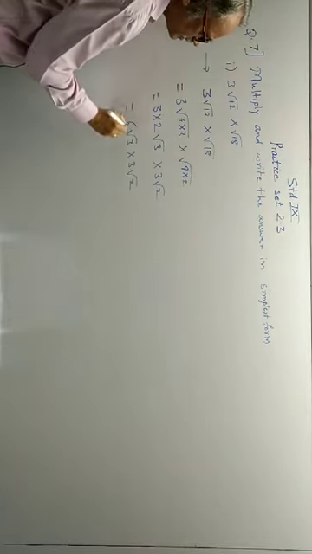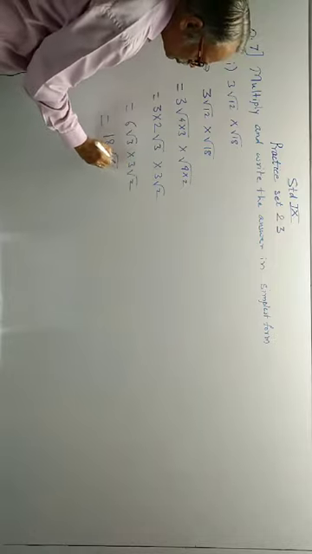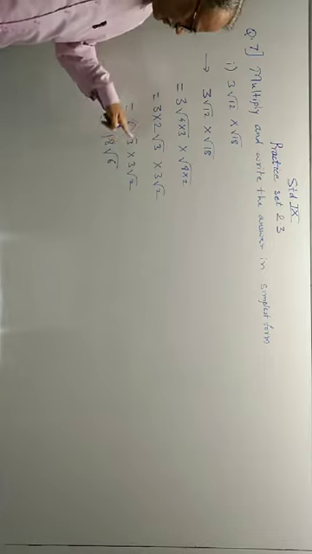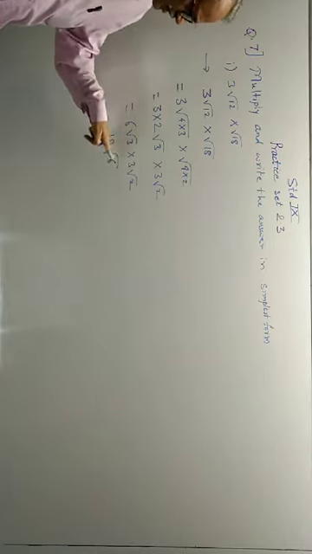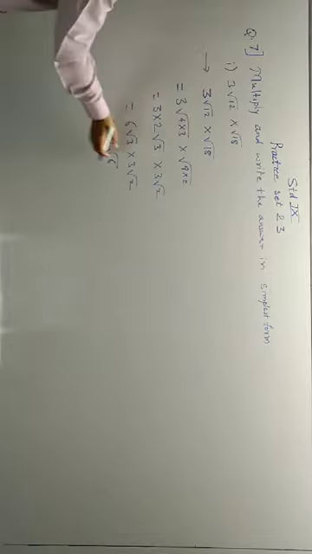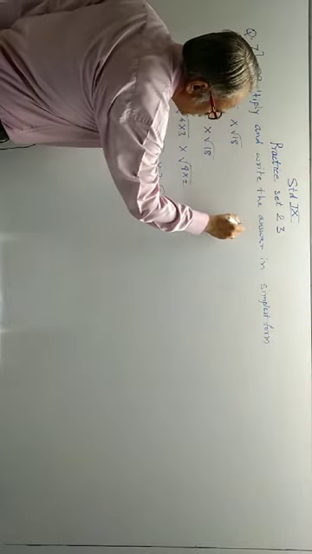Now multiply 6 3s are 18. Root 3 root 2 multiplication is root 6. 3 2s are 6. 6 into 3, 18. Root 3 into root 2 is root 6. 3 2s are 6 inside. This is called simplified form. Maximum things should be taken outside. Now the second question